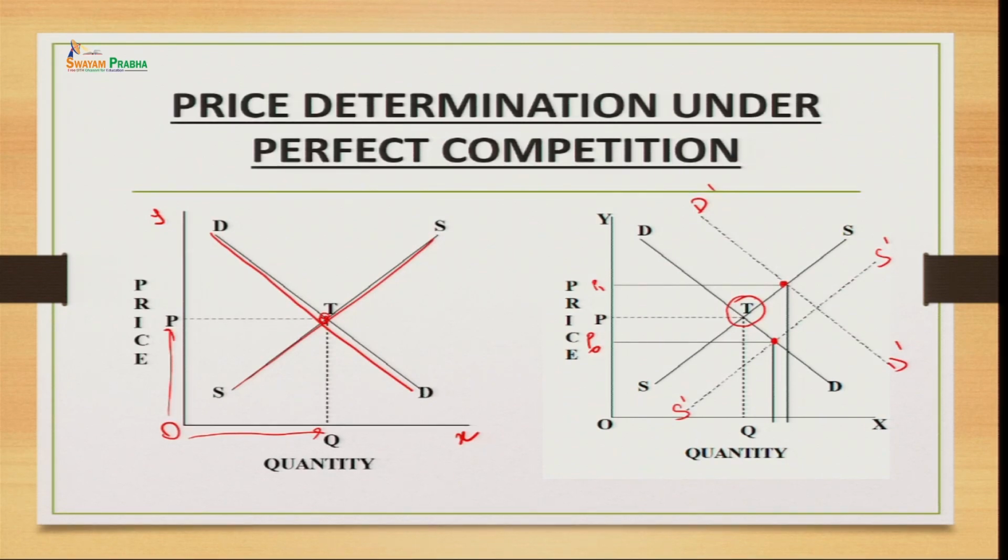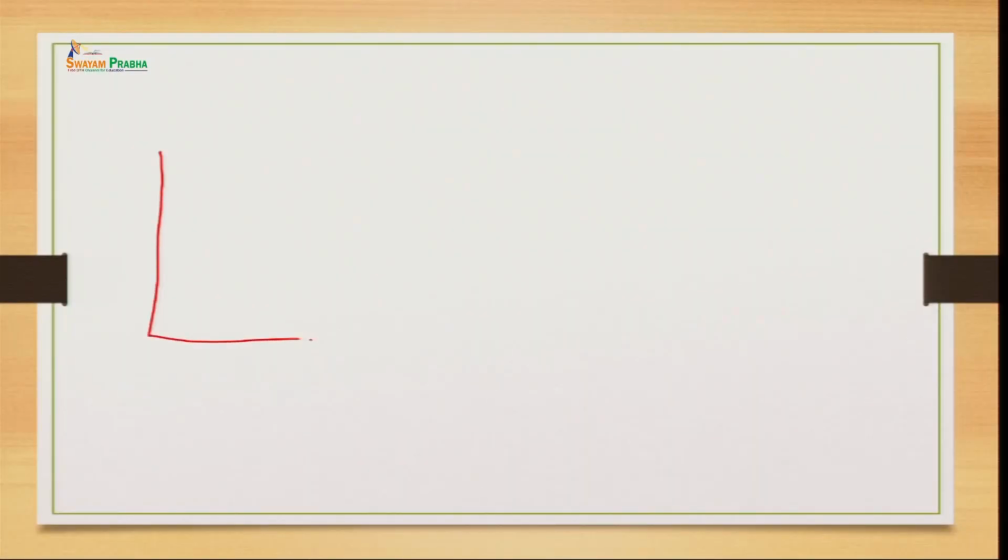Now, moving ahead, let us also see one of the points which we have seen, where we said that under this perfect competitive market, the demand curve is perfectly elastic. So, how do we calculate this demand curve under this perfect competitive market? Let us see again with the help of these market forces. Suppose this is the demand curve which is representing the downward sloping curve, and this is our supply curve. So, this is the equilibrium point, and this is the point where we are determining the prices under perfect competition.